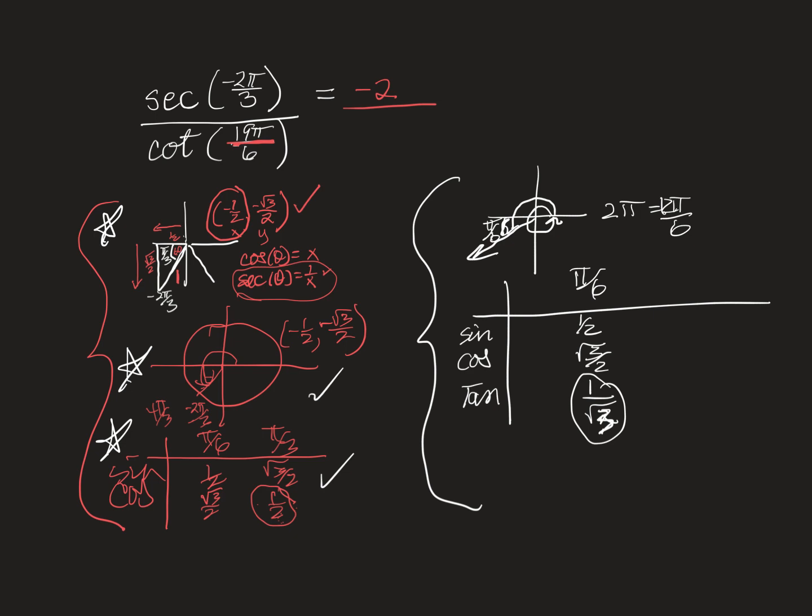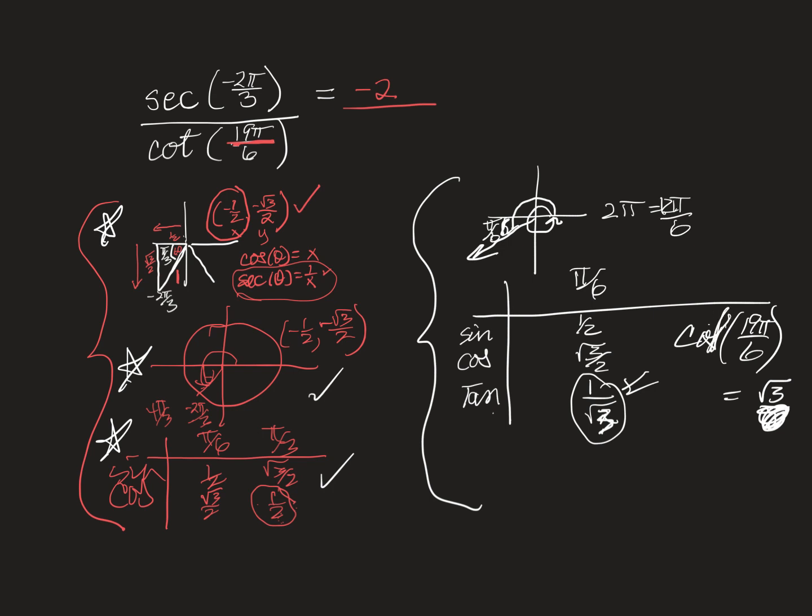So when I look at this, cotangent of this is the reciprocal of tangent there. And so I need to take the reciprocal of this. So the cotangent of 19 pi over 6 is equal to square root of 3 over 1, or just the square root of 3. However,